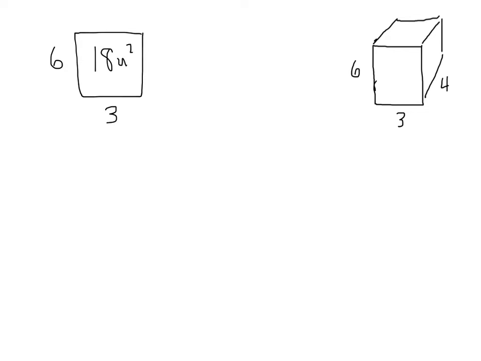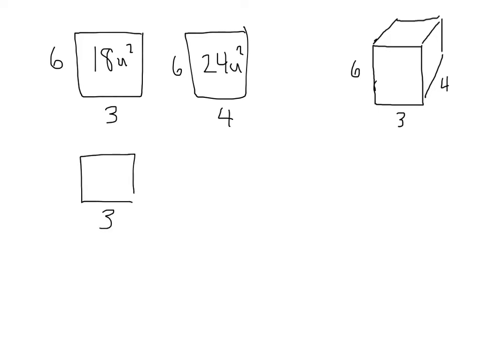You have 2 faces of 4 by 6. And they're going to each have an area of 24 units squared. And you're going to have 2 faces, the bottom and the top, of 3 by 4. And they're each going to have an area of 12 units squared, which means the surface area total